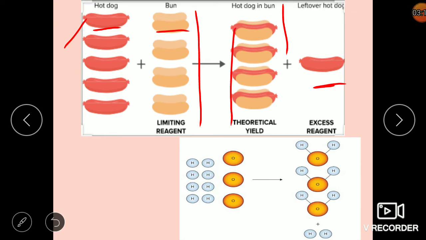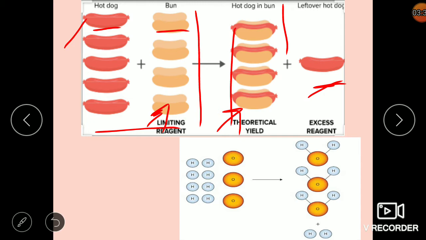The minimum number is playing the role here, because since this number is less, the ultimate product will depend on that minimum value. So if you consider these two as reactants, then the reactant that is lesser in number will determine the number of product you want, and in addition to this product you will get one byproduct as well, that is of no use. So like that it happened.